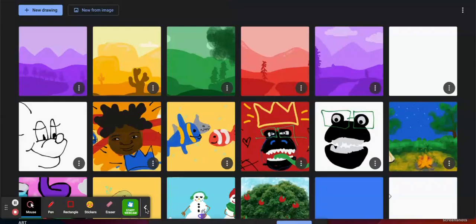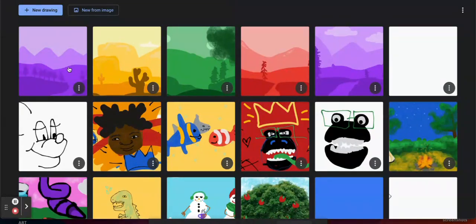Hi friends, so today I'm going to show you how to make a value scale landscape. As you can see in my Canvas app, I have a value scale of purple, yellow, green, red, and then a different purple one. These are some examples I've done in my other classes. I'm going to show you very quickly how you can use the color palette to create a landscape using